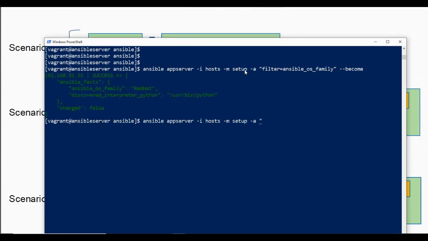So instead of saying setup, if I say service, then I'll have to supply that with an argument, which is the service name that I want to manage. So it can be httpd, and the state that I want to achieve, let's say started, and I'll have to supply that with the become parameter as well.